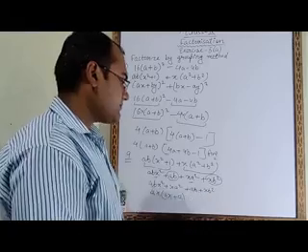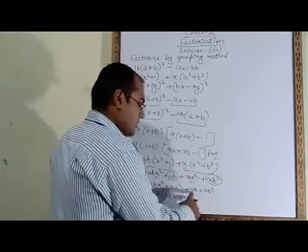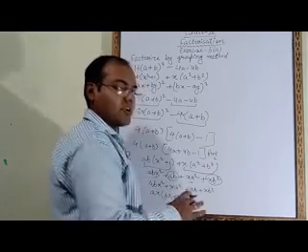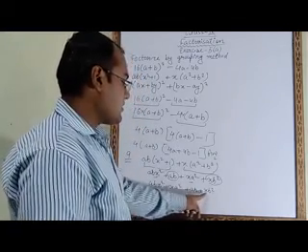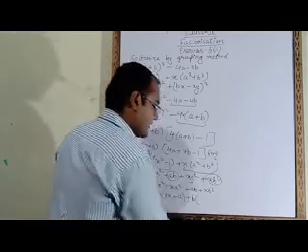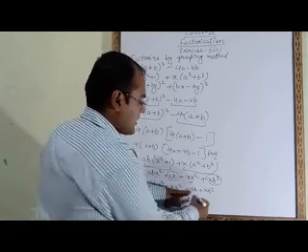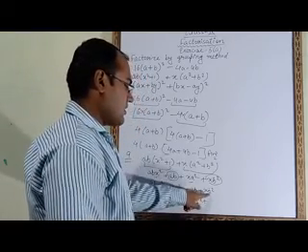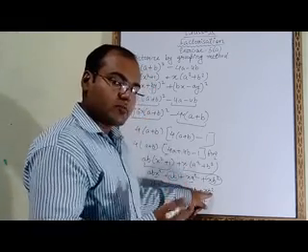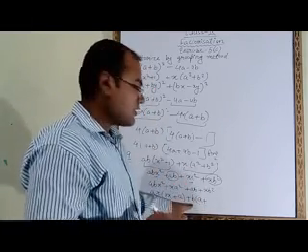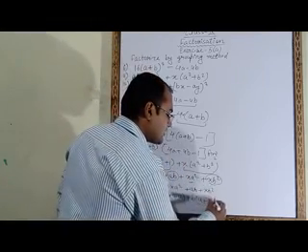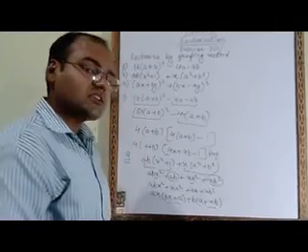Now here again we have to take common. First of all we take the sign. Which sign is common here? Plus sign we will take. A is not common, so we will not take a. B is common in both, so b we will take. After taking b common, here we will get a plus. Here also we are taking b common. B power is 2, that means 2 b's are there. 1 b we have taken, so 1 b is remaining and x also remaining. So what you have to write? xb.